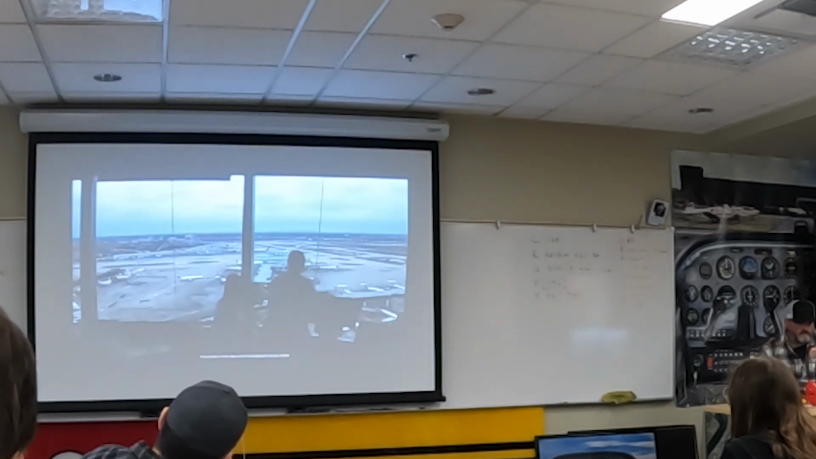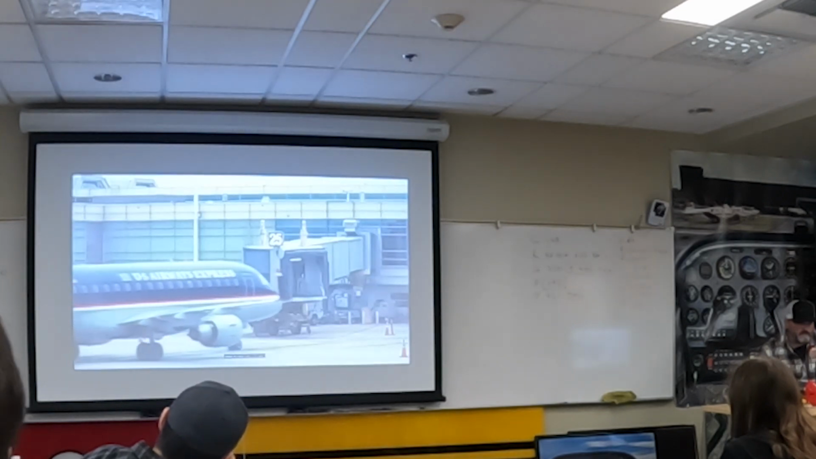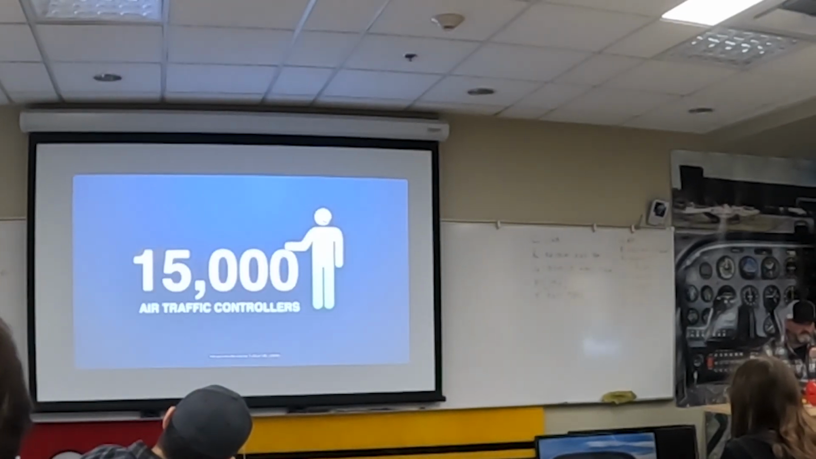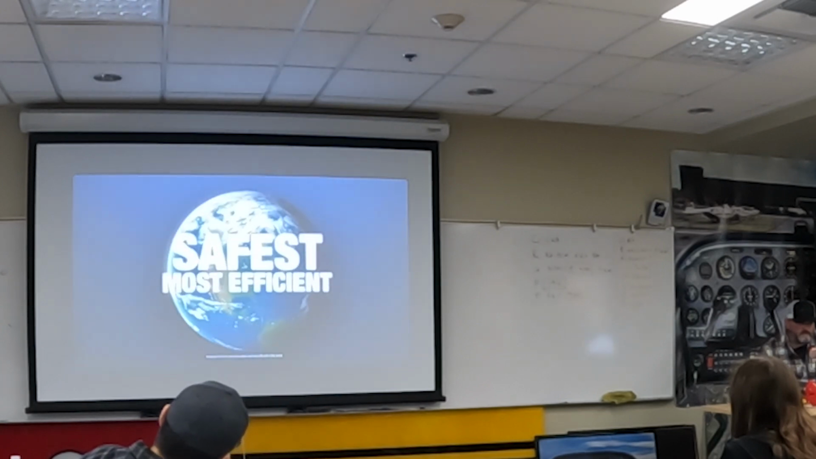The local tower controller takes over for the landing, and the ground controller guides the plane back to the gate. That's just a few of the more than 15,000 air traffic controllers keeping America's skies the safest and most efficient